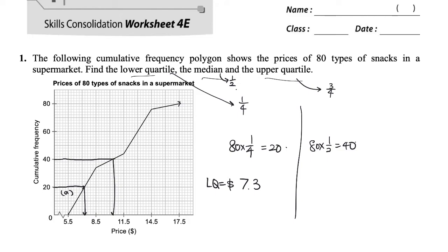Okay, for 40, that will be equal to 10.3. $10.3. Okay, actually we have Q2, and here we have Q1. And last one, for the upper quartile, we have 3/4. Okay, that will be equal to 60. So we draw the line like this one. Okay, so right here,